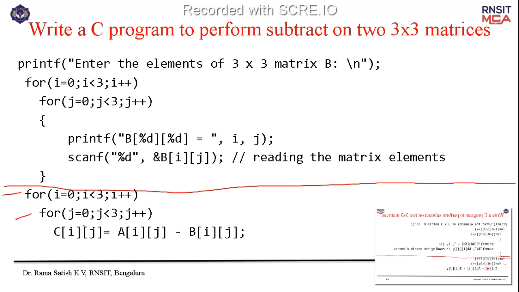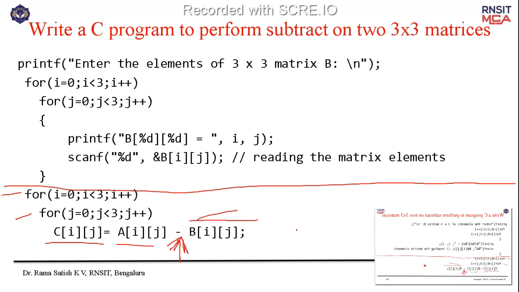Now, matrix C of ij is equal to A of ij minus, you should observe this symbol, minus. In the earlier program it was plus. Here you have to write minus. That is the only change between the previous program and this program. So if you learn the previous program, this program is very similar. Only thing is you have to change the negative symbol. So A of ij minus B of ij, you have to do it, and it has to be calculated as